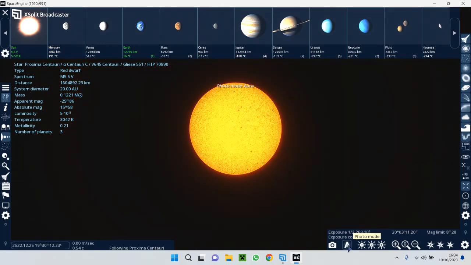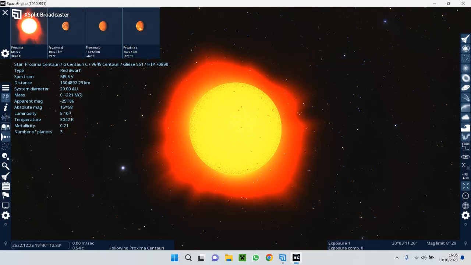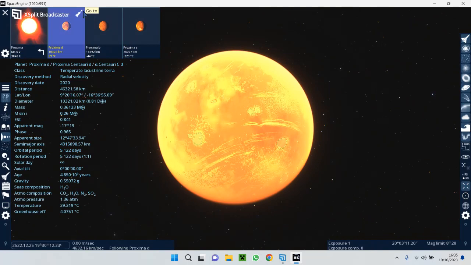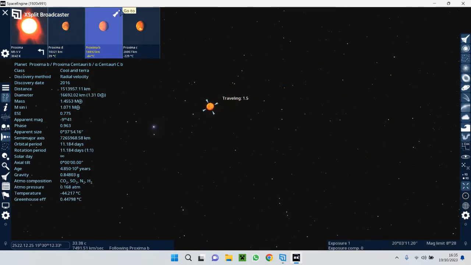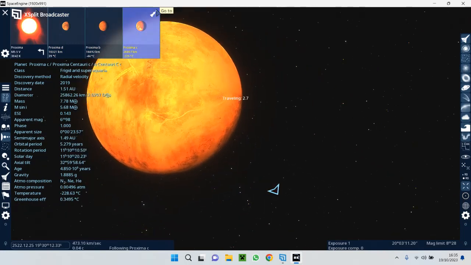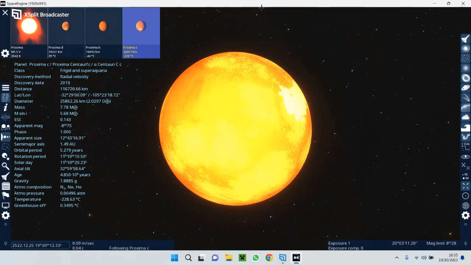Jesus Christ, in photo mode there's all the details of Proxima Centauri. I'm gonna go to Proxima D, which is one of the planets. Proxima B. And Proxima C. So, there are very vague rings in there.